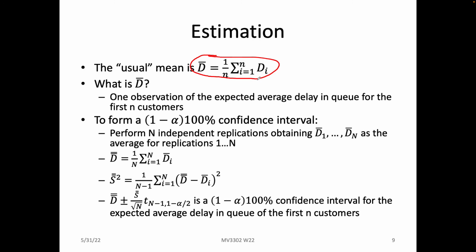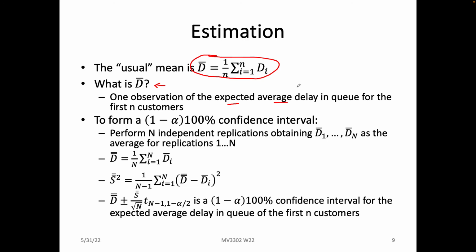And so what we can do in the terminating case is try to find out information about this average. What is it that we're trying to estimate? Well, when we take the average of our delays in queue for our model, we get one observation of the expected average delay in queue for the first n customers. Now, notice there are two modifiers: the expected average delay. In other words,